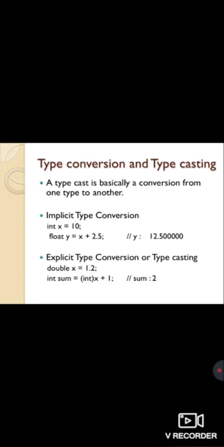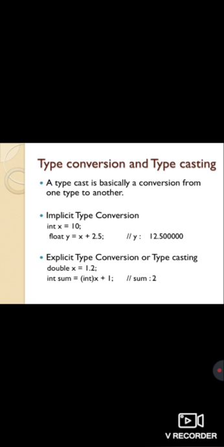Next, the type conversion can also be done manually. The type conversion done by the programmer is known as explicit type conversion or typecasting. In typecasting, a data type is converted into another data type by the programmer using the casting operator during the program design. In typecasting, the destination data type may be smaller than the source data type. That's why it is also called narrowing conversion.